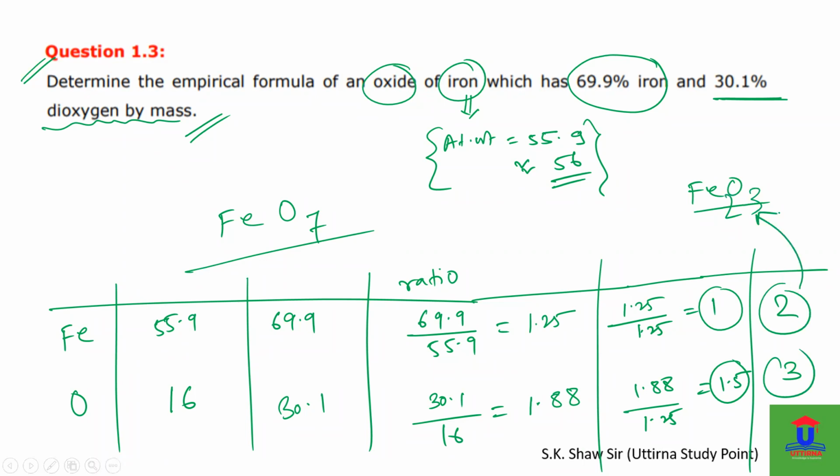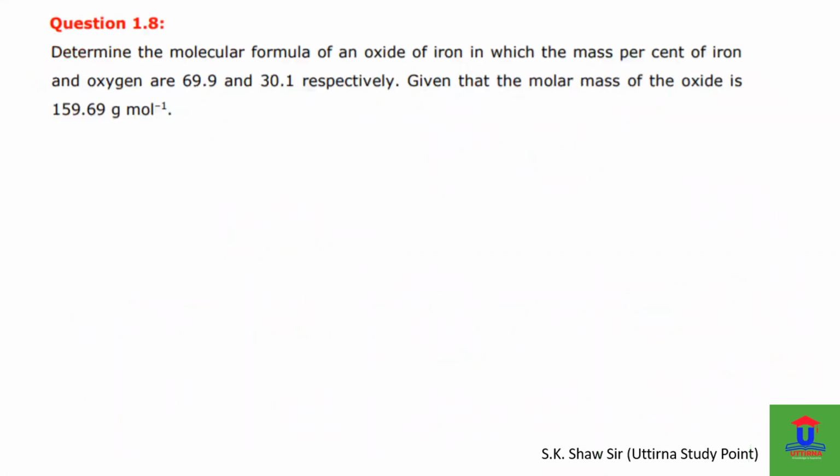Sir, why multiply by 2? To get a whole number ratio, since fractions of an atom are not possible, right? Fraction of an atom is not possible. Okay. From Gay-Lussac's law of gaseous volume, we know that. Okay. So go ahead and note down the number. It is from NCERT. 1.8 is a very good question. Try to solve that question. NCERT 1.8.